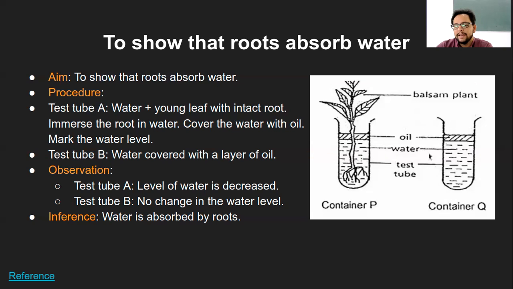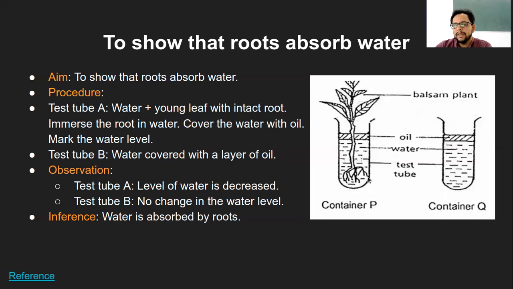So if that is the case, the water absorption by this plant in this container is 5 minus 1, that is 4 ml. Because whatever happened in the second container, let's say because of the temperature, water loss was 1 ml. So here also that same amount of water should be lost due to temperature, because both experiments are done in the same conditions. So if 1 ml is being lost in the second container, in the first container also 1 ml should be lost. That is assumed. And the total water absorption by the root will be 4 ml.